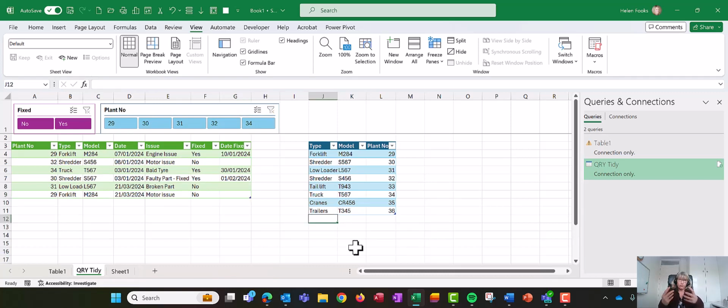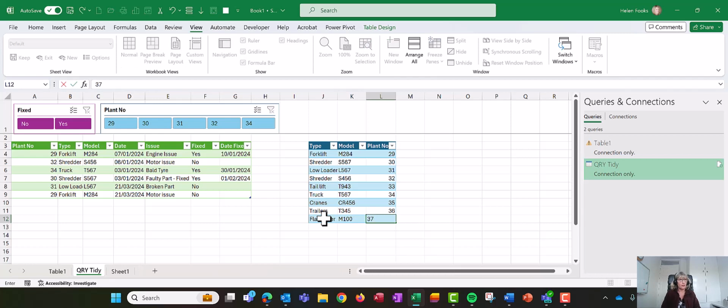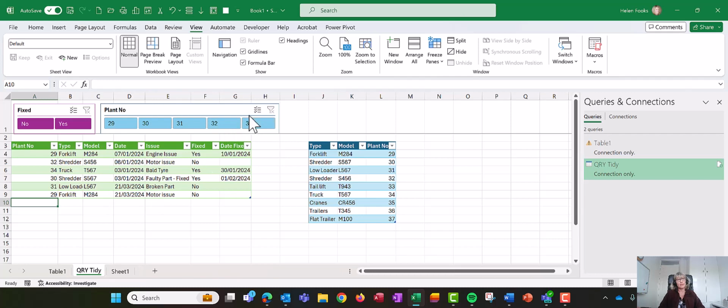Now I'll go over to the table on the right. I can add in, let's say I have another piece of equipment. So let's say I had a flat trailer, so I'm just going to add that in, flat. Obviously you'd have more information, trailer, and I'm going to add in the model number, and that's going to be, let's say, plant number, let's make that 37. Okay, so now what I can do, I can click on this, I can add in